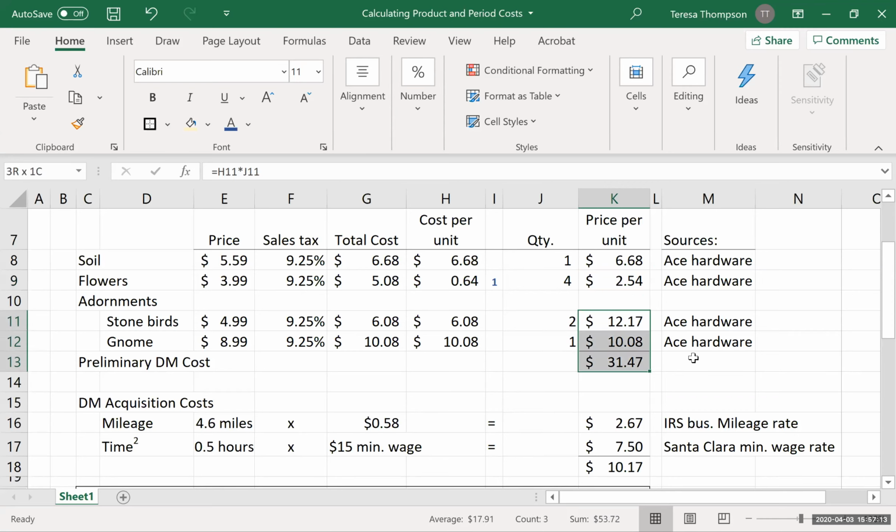And the adornments, right? The elephant in the room, that's way too much. So I could either have the client supply the adornment, maybe they have a specific decoration they want included in their planter box, maybe something from their family or something that was made by their children. So maybe I can get them to provide that or find a cheaper alternative, have my daughter make the adornments, right? We made some really cute painted rocks for her school. So maybe that is another option. So these are all things that I could talk about in the